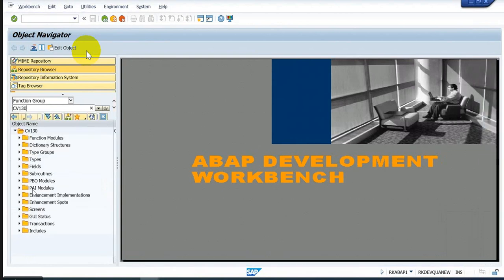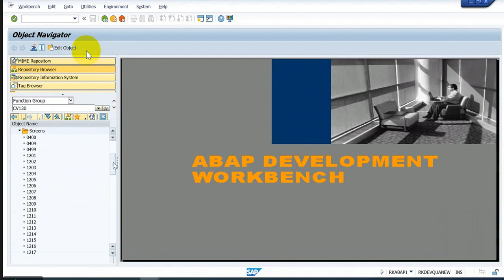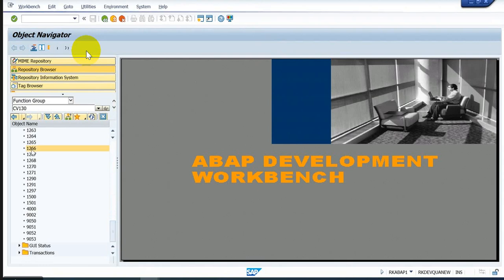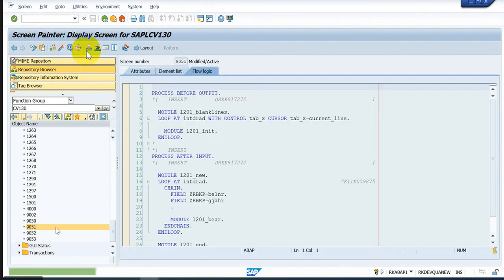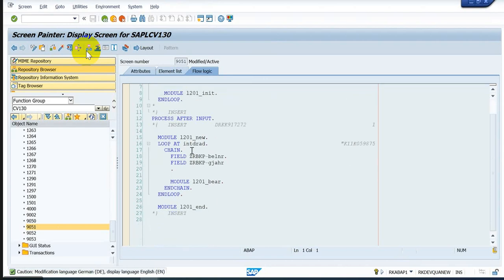Here, there are multiple screens of many standard objects given. So now what you have to do, you just copy any screen and create your custom screens, like what we have created, 9051, for our MIRO document. In 9051, you just need to change